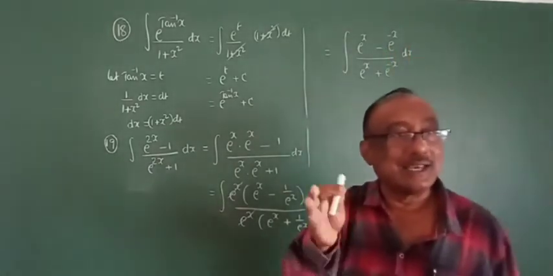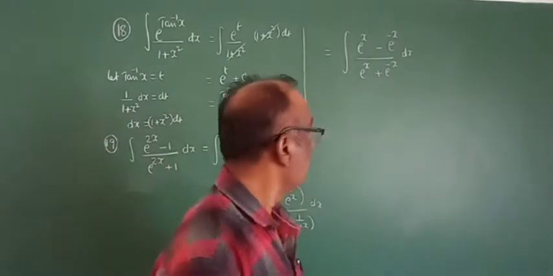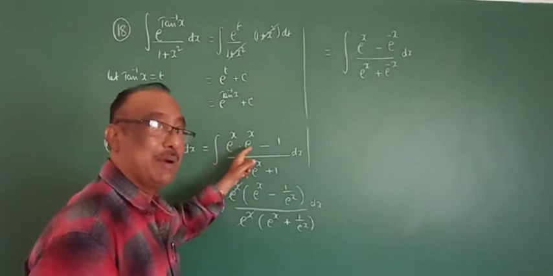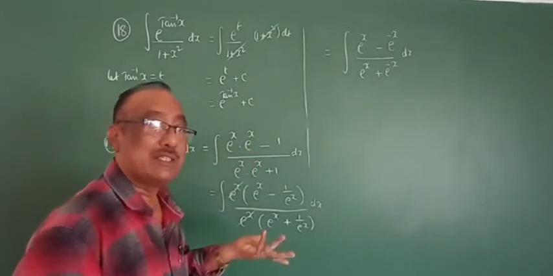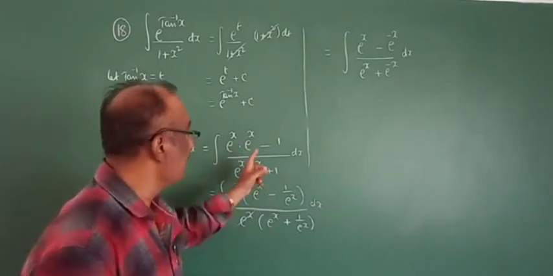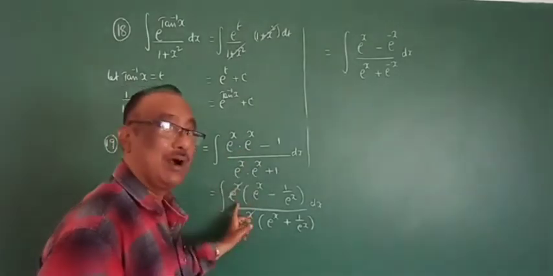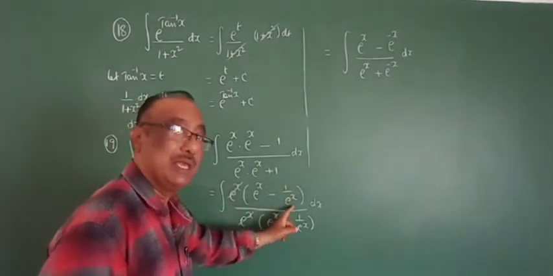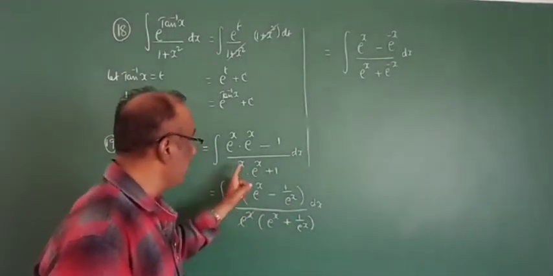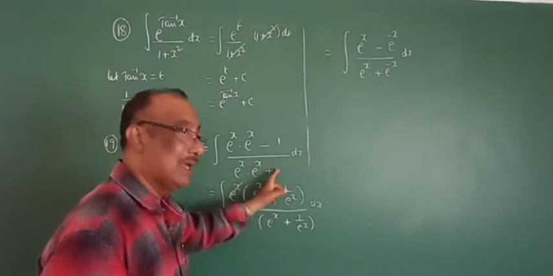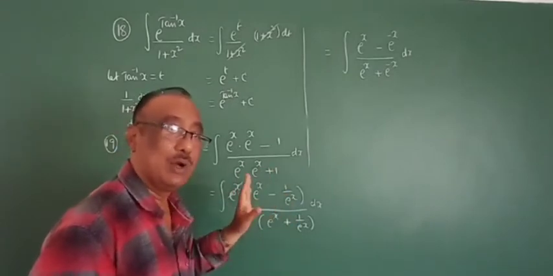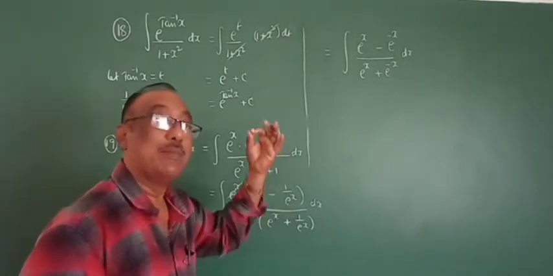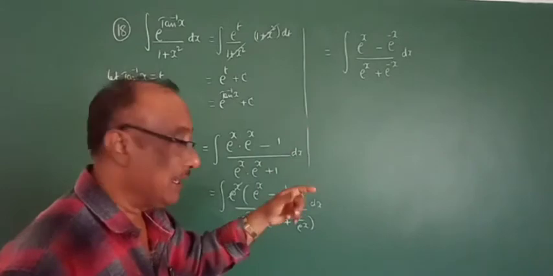So that is the logic. If you did not understand, I will see it once again. e power of x times e power of x, the bases are equal so we add powers. So take e power of x common. Here e power of x is remaining. Here there is no e power of x, so 1 by e power of x. Here e power of x is common and cancelled. The reciprocal power is negative.